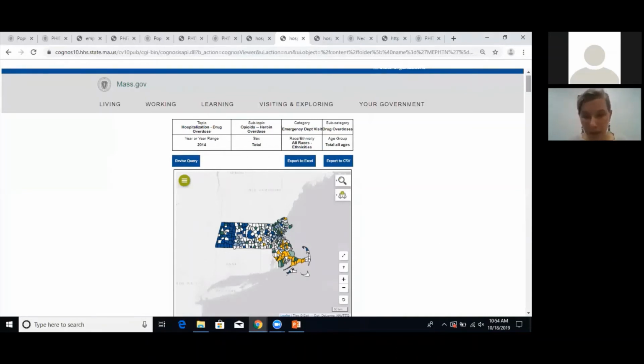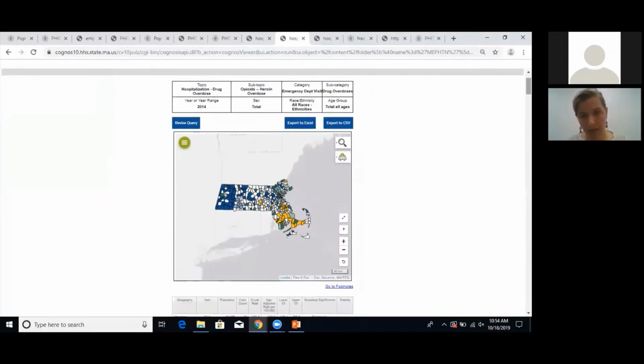So first for the map, the legends are in this little legend tab. So if you're wondering what the colors mean, it will tell you right here. So yellow is essentially worse health. So they're seeing more emergency department visits for heroin overdoses. Blue means they had no emergency department visits, and white means there's no data for that community. So you can see kind of how your town is doing compared to towns around you,